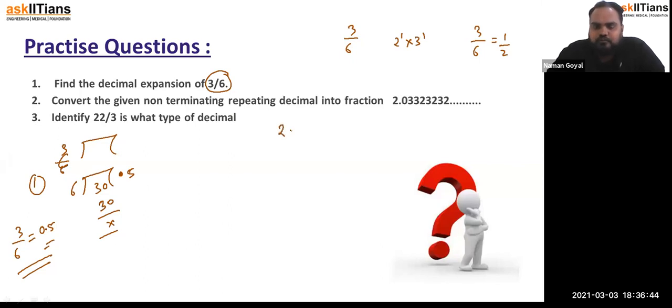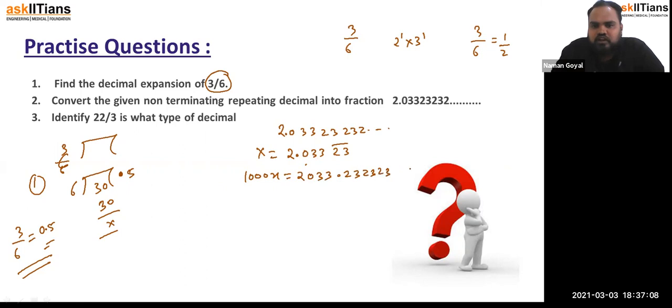Now convert the given non-terminating decimal into fraction. So if you see 2.0323 and so on, 2323 is going to be repeated. So x can be what? 2.03323 bar. So first of all you have to take these 3 digits to the right hand side, the point should come to the left hand side, so multiply by 1000. 0.232323 and so on, the first equation is done. Now we have to multiply by 100 also, so it becomes like this, 1 lakh x is equal to